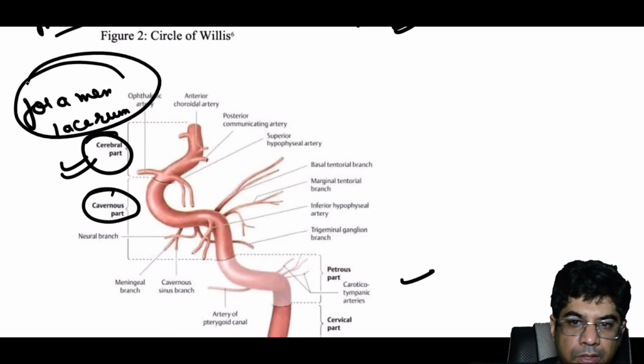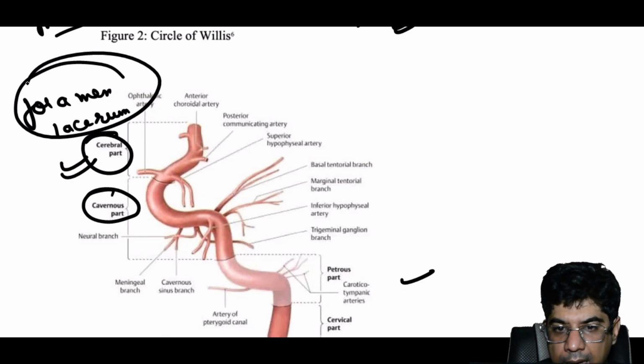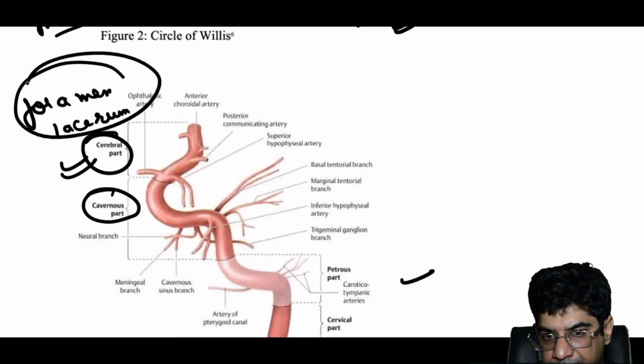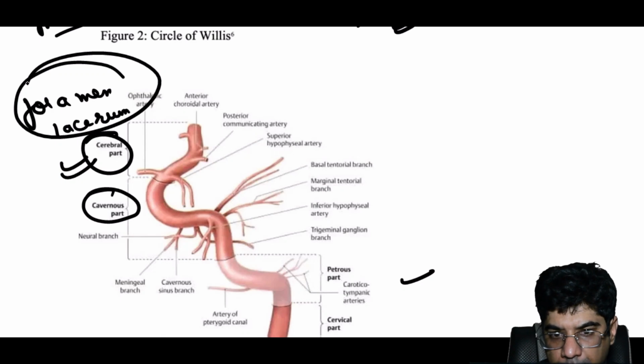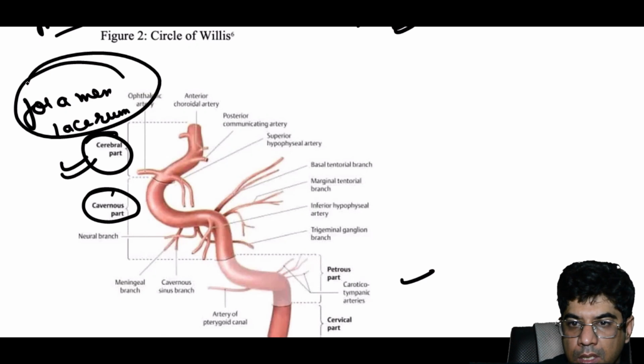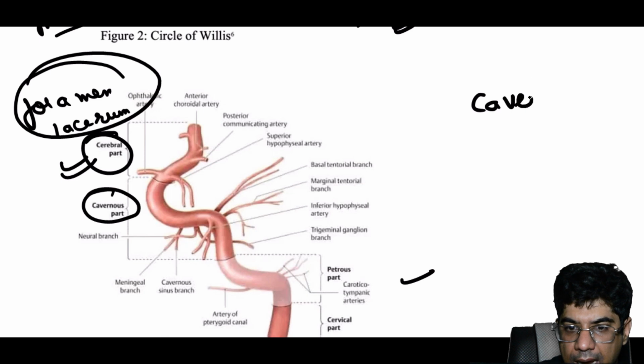It enters after passing through the carotid canal and the superior aspect of the foramen lacerum. Now what does it do after that? It goes to the cavernous sinus and it ends next to the optic chiasma,